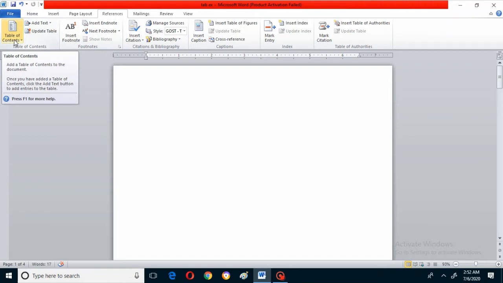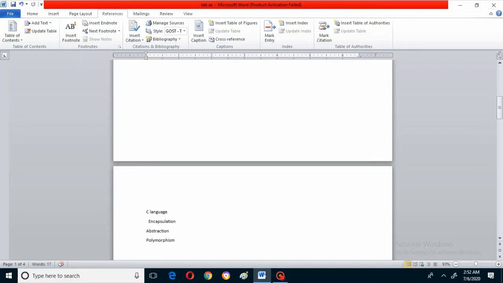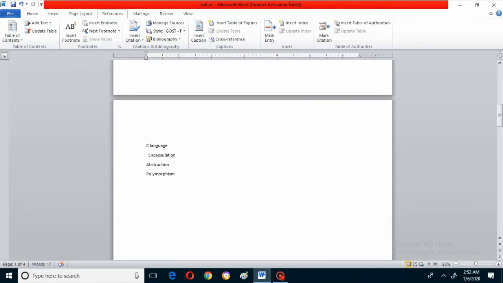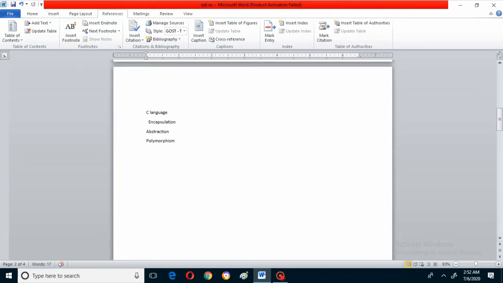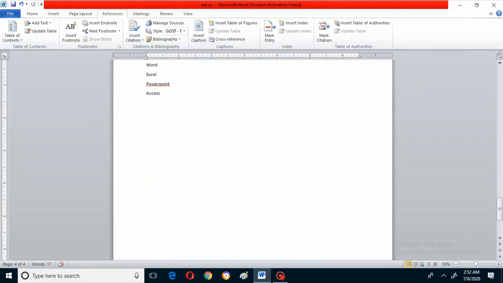That means already I said you what is the purpose for the table of content. Purpose is just to view the contents of that particular book or of that particular document, right? For that what you have to do is, first you have to create some pages in the Word document. See, I will show you. I have created. For this first page you have to leave. See, I left one first page. This is second page. In second page I have already written some matter. Third page. See, this is third page, and this is fourth page, right?